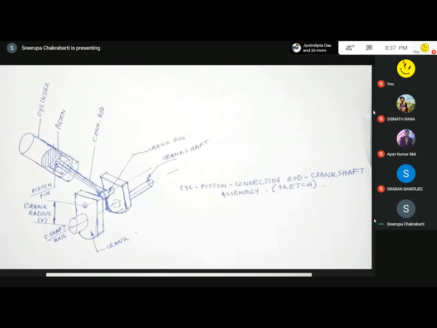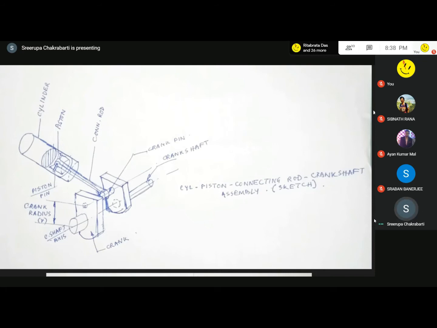So the energy required for the upward journey of the piston is coming from the flywheel and from the crankshaft. This is interesting, this is important also. Because when I was a student, I was really baffled. Why will the piston move upward? It may go downward, that is fine, the gas expands. But after expanding, the gas loses its energy. Then when the piston moves up, the gas escapes out, exhausts. So why will the piston continue its 4 journeys?